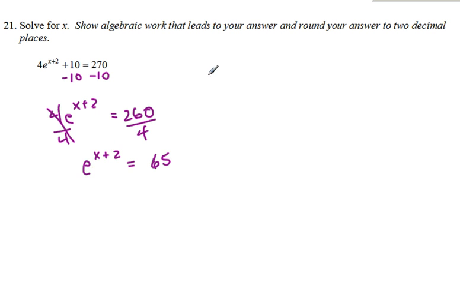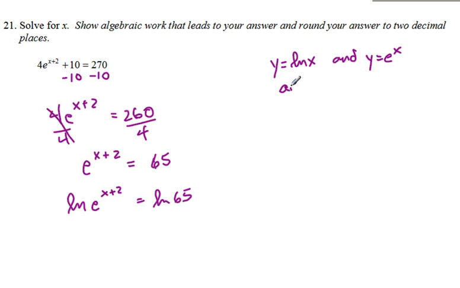If you recall, if we take the natural log of e, they undo each other. So I can take the natural log of this side and also take the natural log of this side. I'm choosing natural log because it is the opposite of e. Just a reminder that y equals ln x and y equals e to the x are inverse functions. That means that when we have the natural log of e to the x, they undo each other and we just get x. So here they undo each other and we get x plus 2 equals the natural log